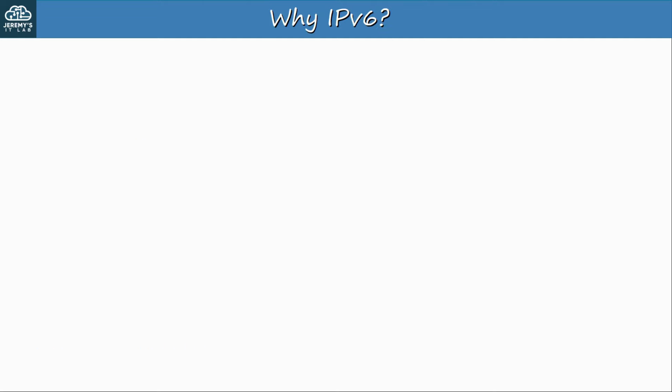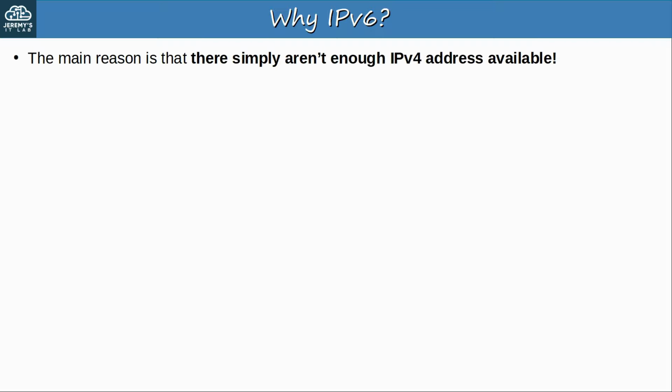And the next topic is this. Why IPv6? The main reason is that there simply aren't enough IPv4 addresses available. How many IPv4 addresses are there? An IPv4 address is 32 bits long, so that means there are 4,294,967,296 IPv4 addresses available. That may seem like a lot, but in our modern world, where the internet is everywhere,